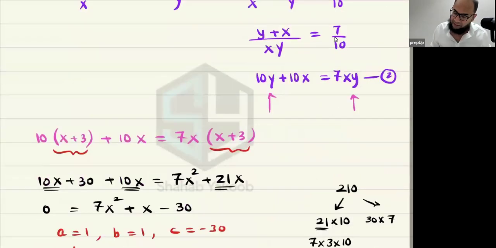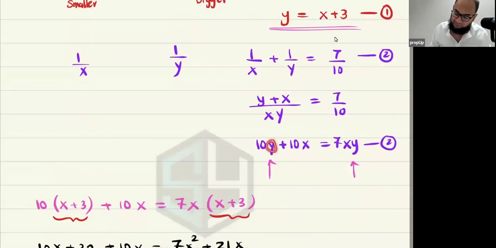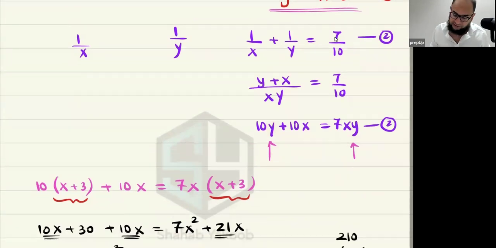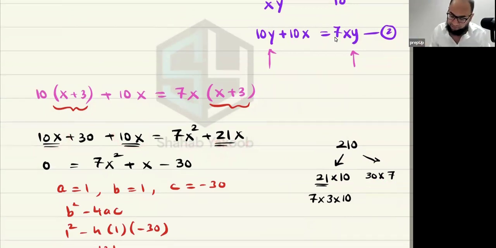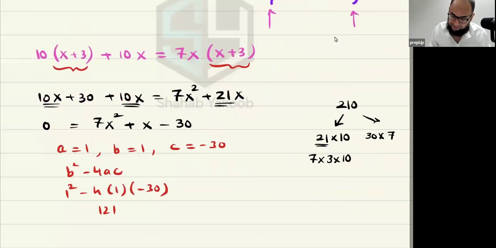That is perfect. And in place of y, we write x plus 3. So this is 10x plus 30 plus 10x, so this is 20x. 7 into x, that is 7x squared, and 7x into 3, that is 21x. That is also perfect. So now 7x squared plus 21x minus 20x, that is plus x, minus 30 equals to